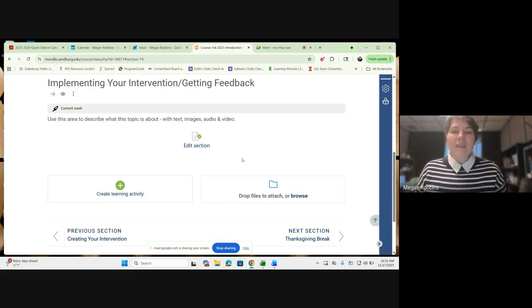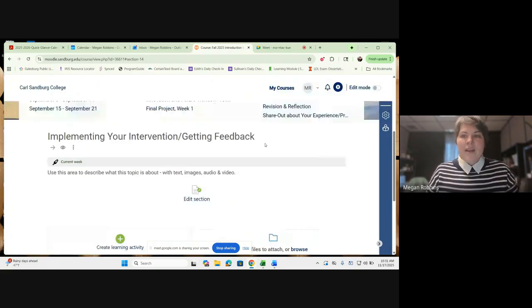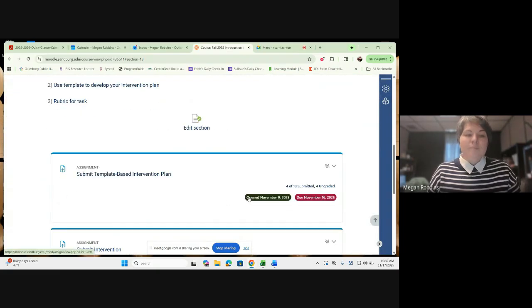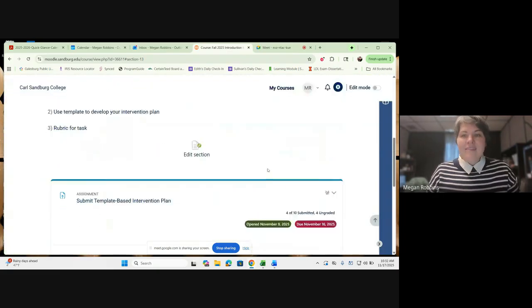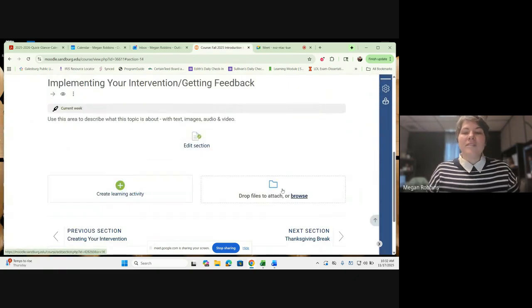So what you're going to see here is a description about completing and creating your intervention if you haven't yet, those dates being extended, and then how to participate on Harmonize to get the peer review credit for this week for getting feedback.